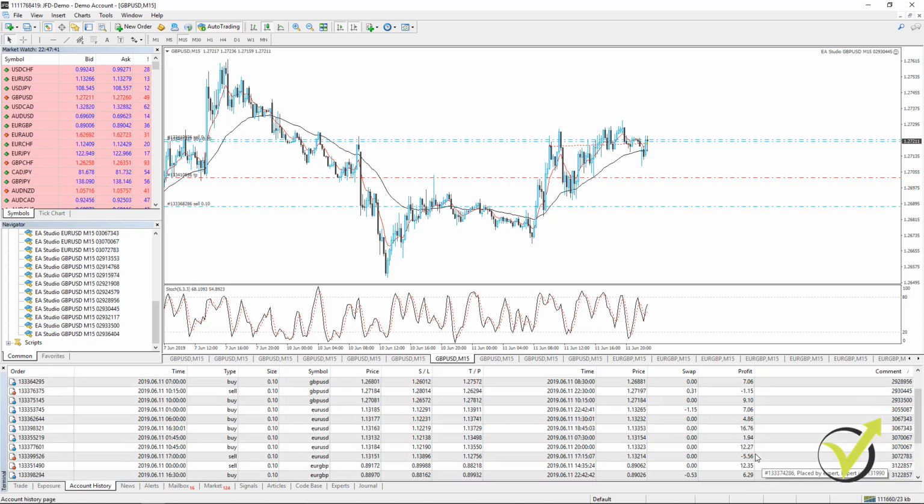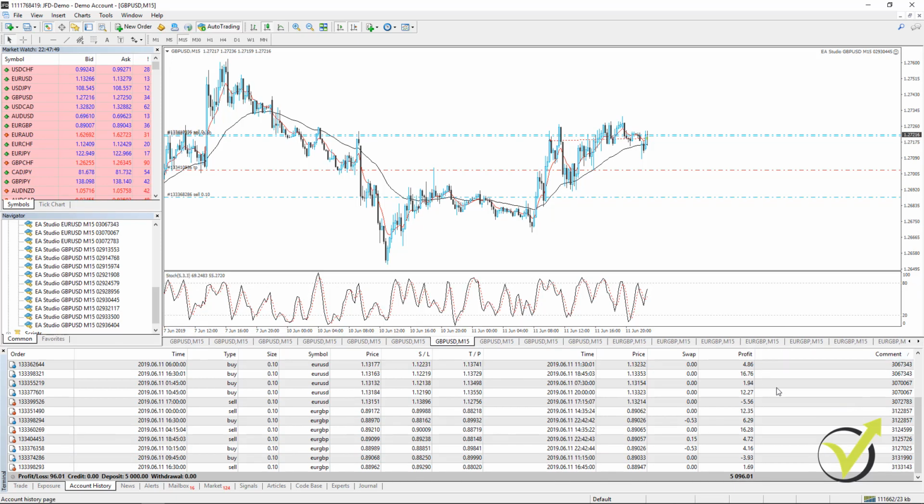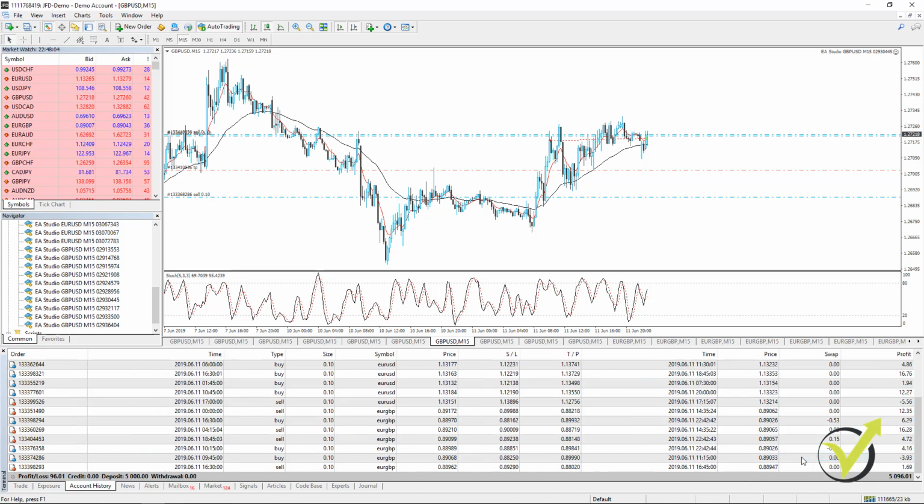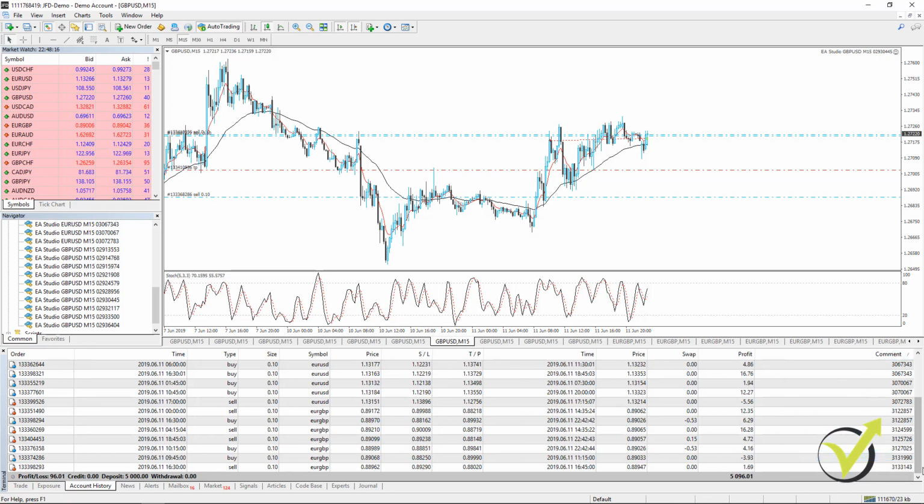Okay, now the thing is, how do we follow the results? For me it will be easy to see which strategies actually open those trades because I have this comment column, and if you don't see it, you just need to right click on the bar where you have the time, the price, the swap, the profit, and there is a comments. So if you untick it, it will hide. Normally by default when you install the MetaTrader you don't see the comments, but one more time right click and check it. This way you will see comment, and the comment is the magic number from each expert advisor.